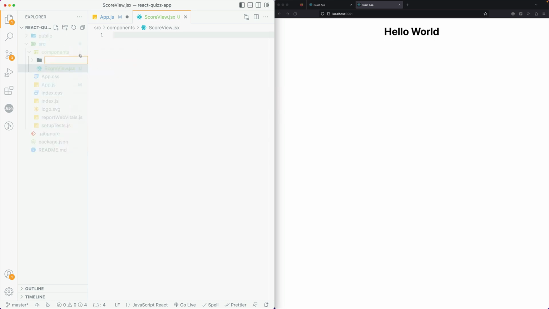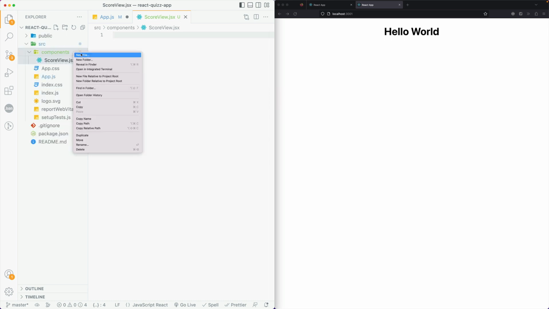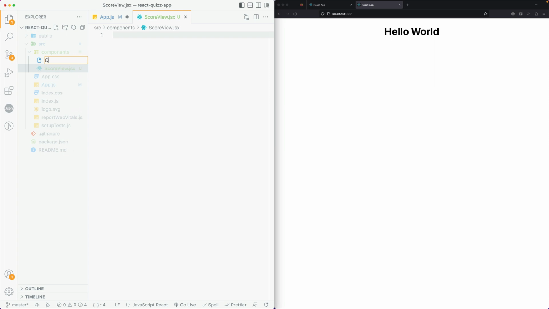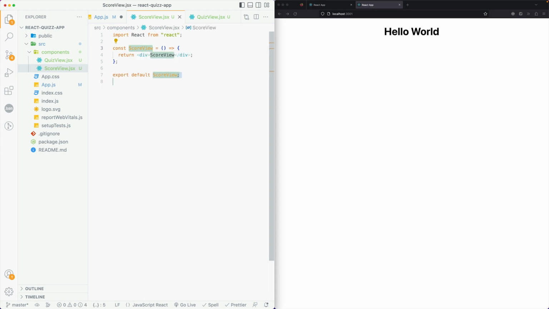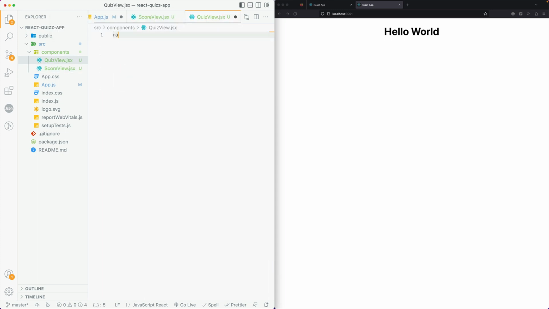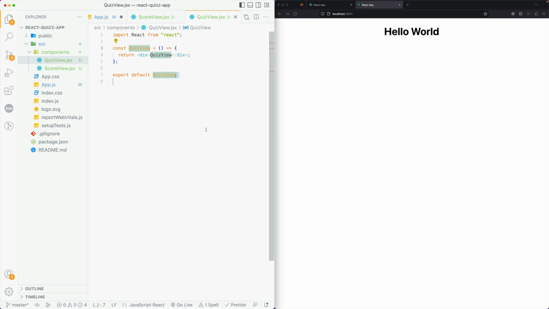So you can do that too. We actually don't want folder. It's going to be a new file, which is going to be quiz view. So quizview.jsx once again. And score view right here. What we'll do is rafce, and this will do this, and let's do the same thing in quiz view, rafce,